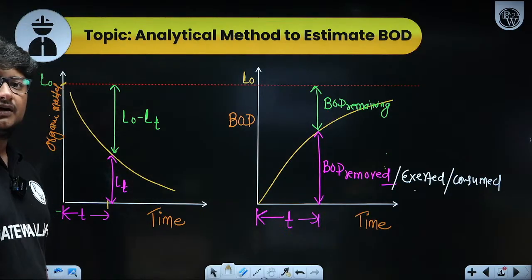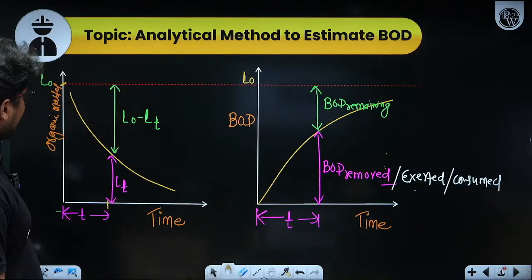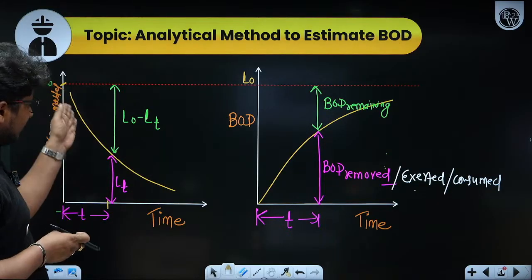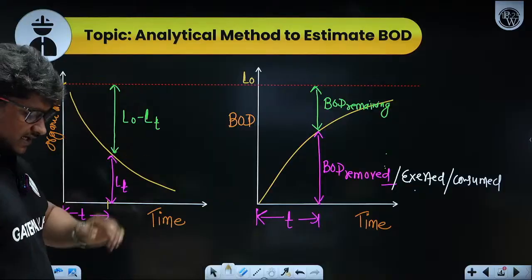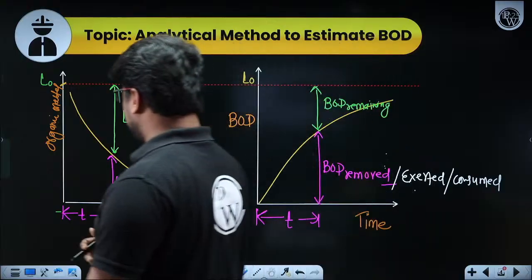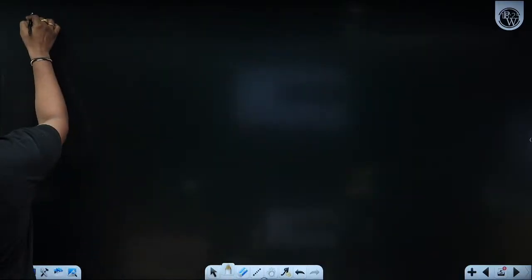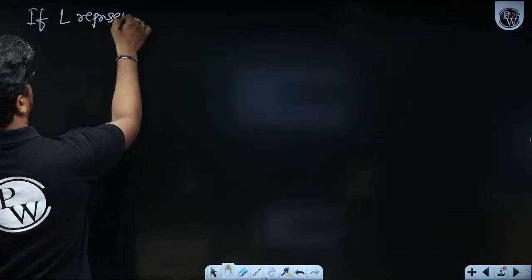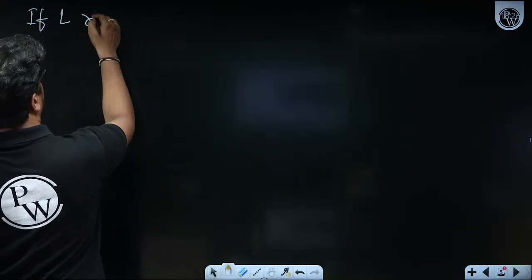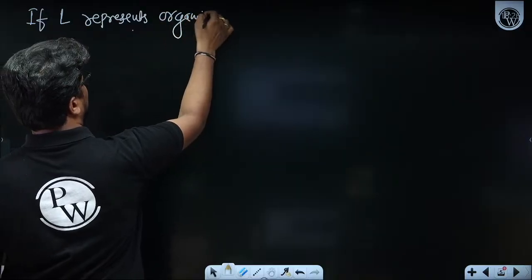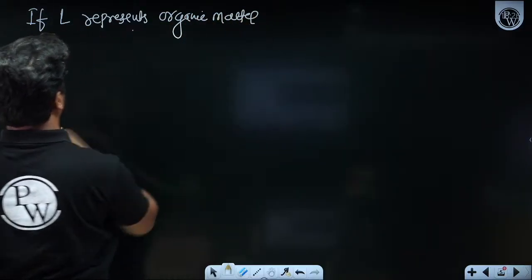Now, if this is clear to all of you, and you only look at this organic matter curve, as I said to you, the organic matter degradation will go with a decreasing exponential. So if you want to write an equation for this, what will you write? If L represents organic matter,